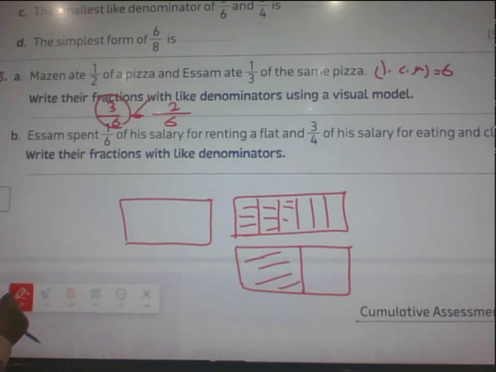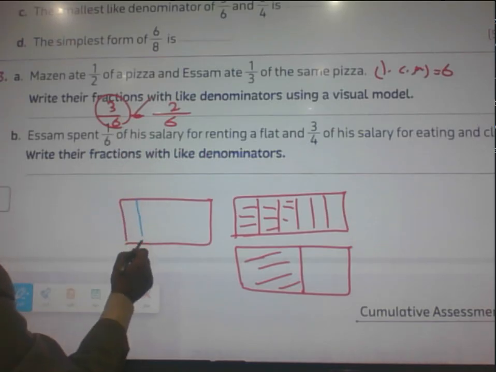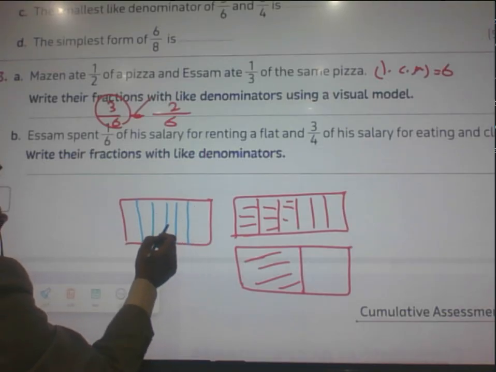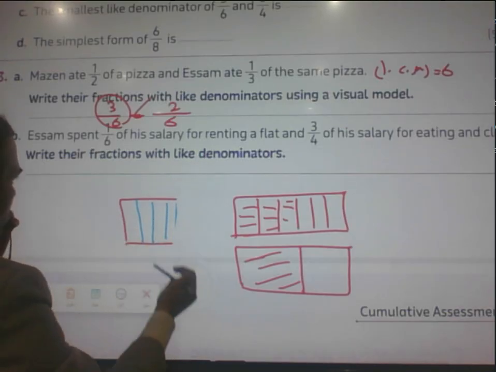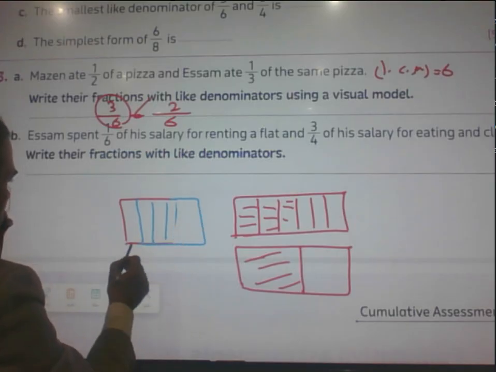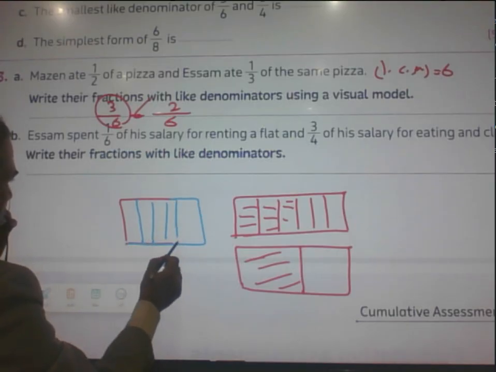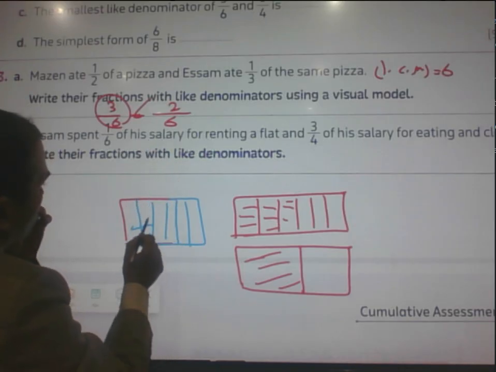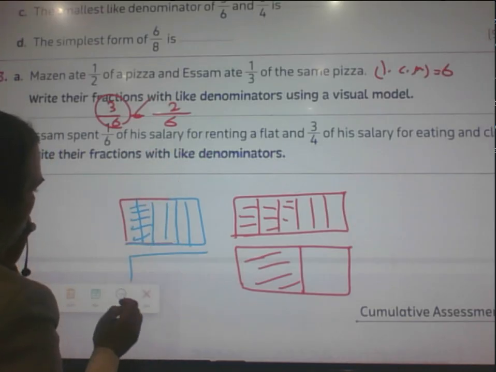About the second solution here, we have 2 over 6. We can divide it into 6 parts: 1, 2, 3, 4, 5, 6. Like this, okay? 6 parts. And you can color 2 parts only. 2 parts here. And for the simplest form, by the model,